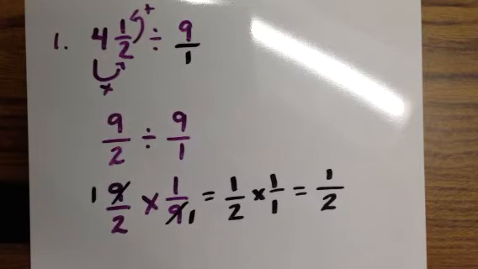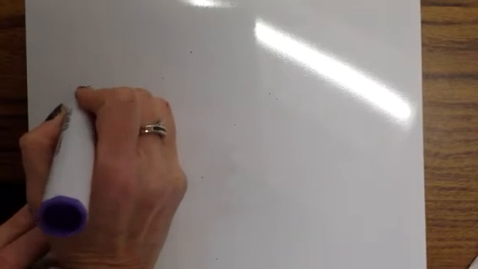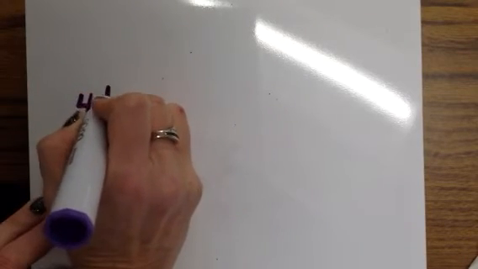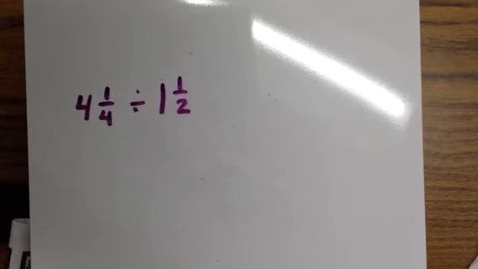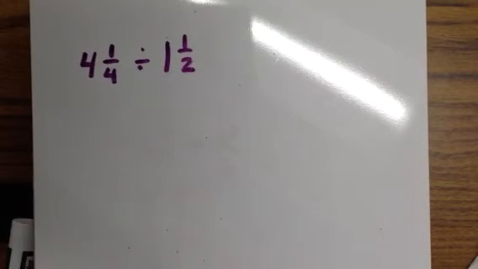I will also erase this, and I'm going to do the first one on the dividing fraction sheet. So I'm going to erase that. And the first one on dividing fractions has 2 mixed numbers. So 4 1/4 divided by 1 1/2. Here it is very, very important not to skip steps, because you're going to mix it up and you're going to forget if you did the reciprocal or if you didn't. So I just suggest making your improper fractions, write that down, and then go on and do your keep,